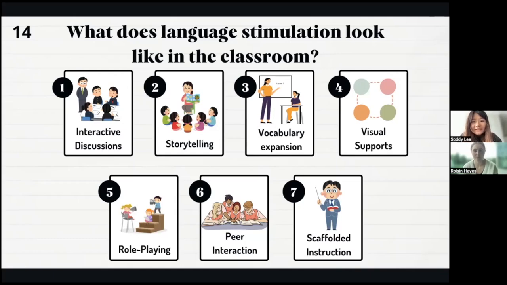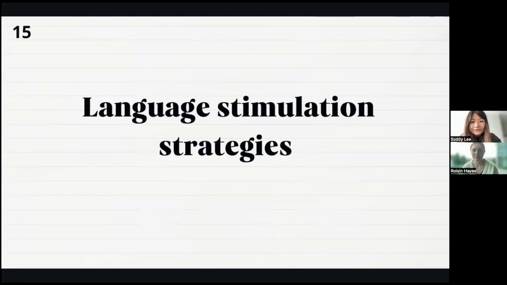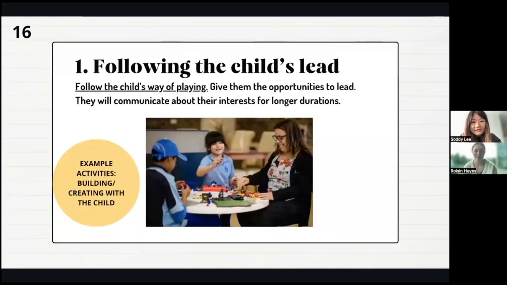We have explained different interactions and scenarios that you can set up with students, but let's talk about specific strategies that you can use once you're in these settings. We'll do this by introducing one strategy at a time and then modeling for you how it can be employed when interacting with a young student and again with an older student. Let's start with following the child's lead. This involves engaging in activities that the child is already interested in, allowing them to lead the interaction. This approach encourages them to communicate more and for longer periods.